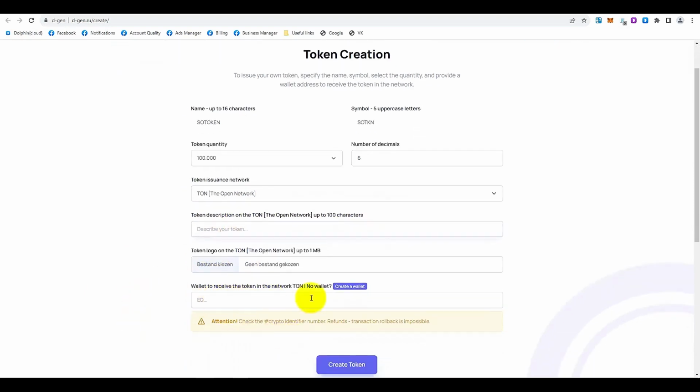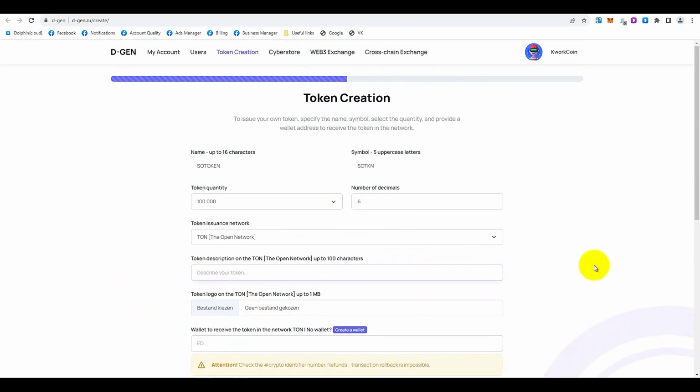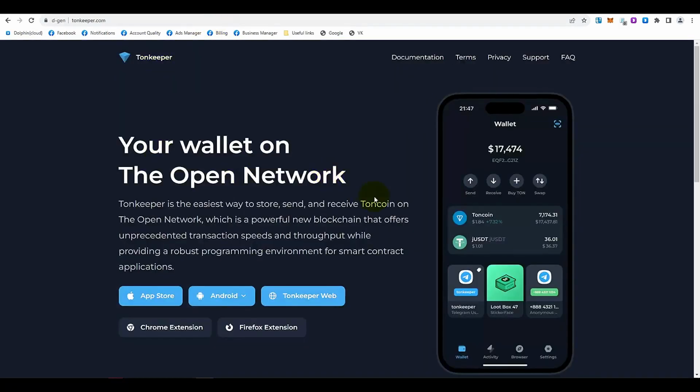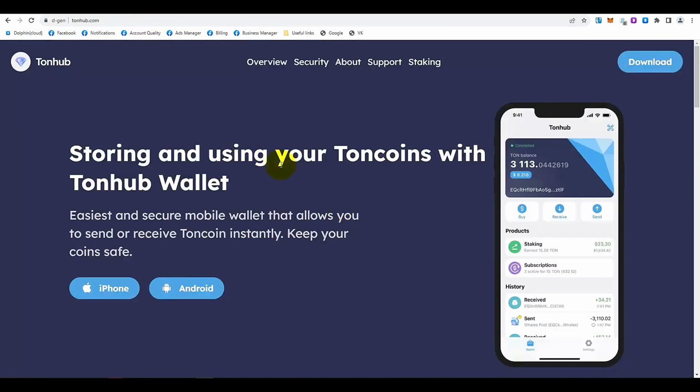You can provide a description for this token and specify the wallet address accordingly. All other steps are the same. I won't show it now, just to avoid confusion in this video. And regarding Ton, I haven't said yet, the wallet must belong to you. That is, you can create wallets on Ton Hub platforms, for example, or Tonkeeper. We create one here, register everything as usual, copy the wallet address and paste it into the corresponding field